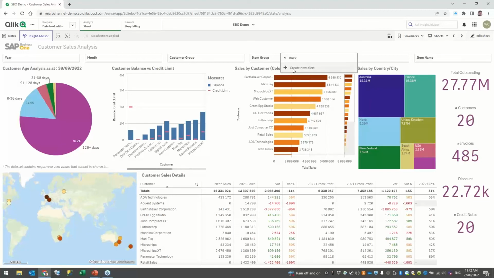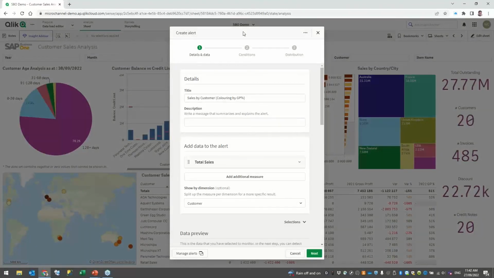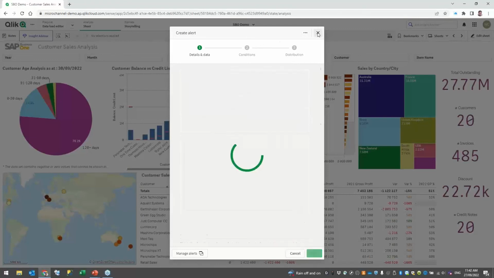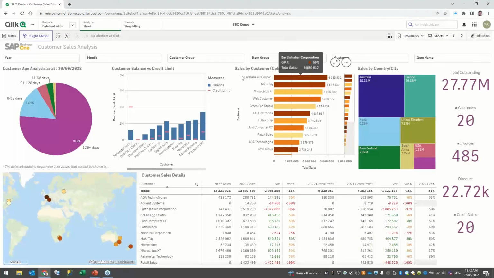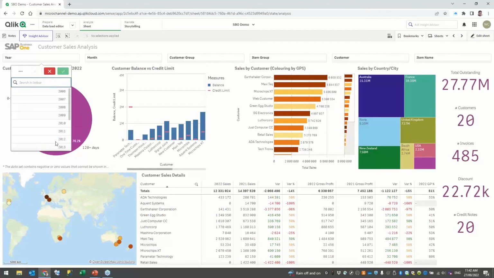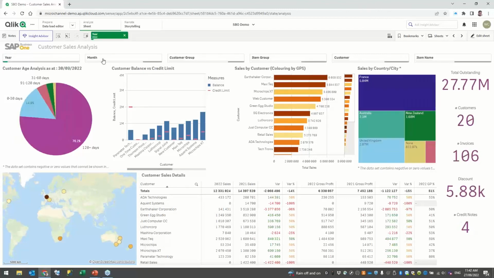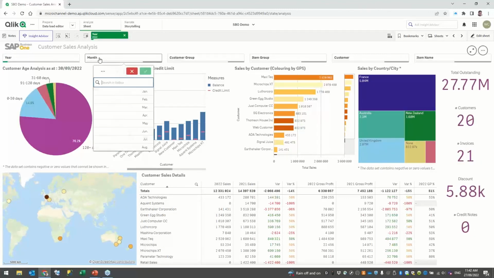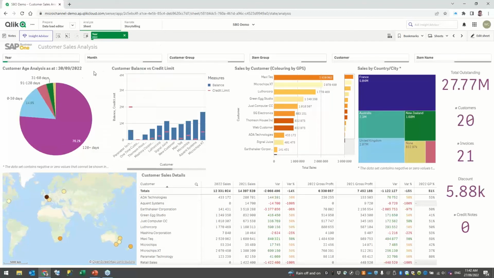So if I create a new alert here, I can say that if my sales for customer Earthshaker Corporation for the year, let's say 2022, and for the month of September, or maybe we don't even link it to a month, we can just say that, well, let's look at Maxitech. If those sales go above 3 million, I want to get a notification. Or if the gross profit drops below 59%,